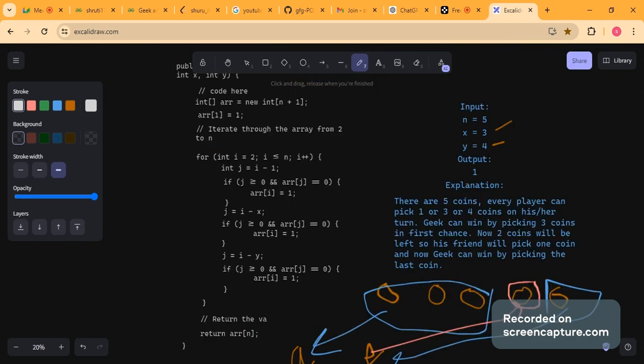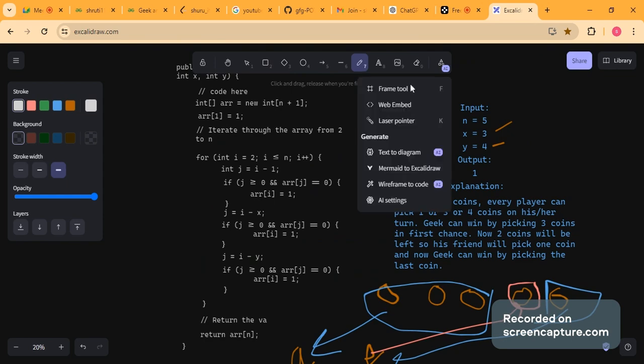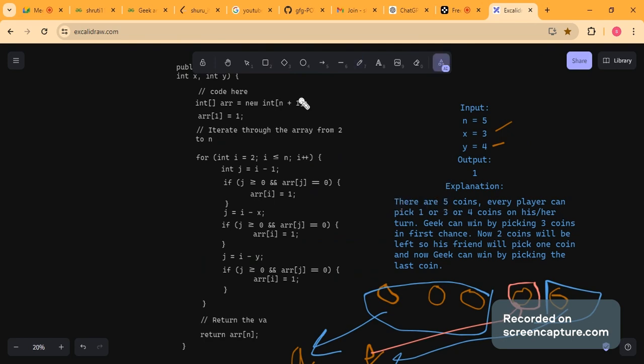Here is the code. First we have created this array of size n plus 1, and we have inserted 1 at position 1, because we know that if there is only one coin existing, Geek will win. Now we are iterating from i equals 2 to the end of the array. And first choice, what do we have as the first choice? First choice is that we can choose 1 coin. So if we were having i coins, because we are traversing the array,